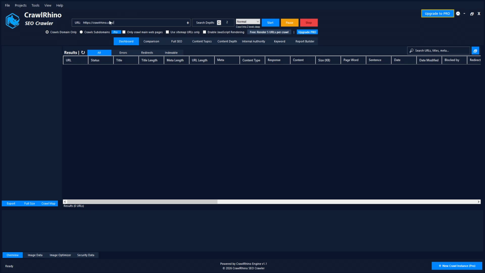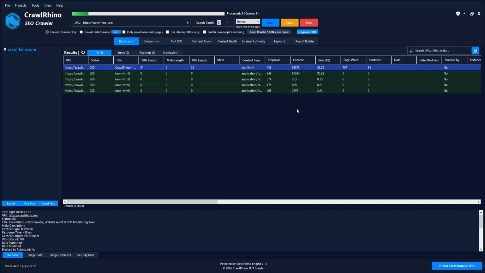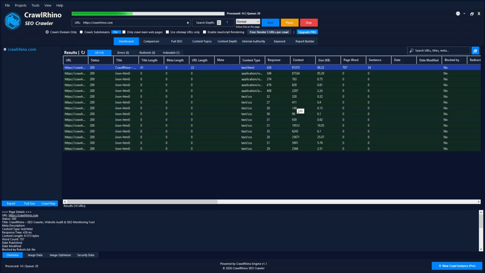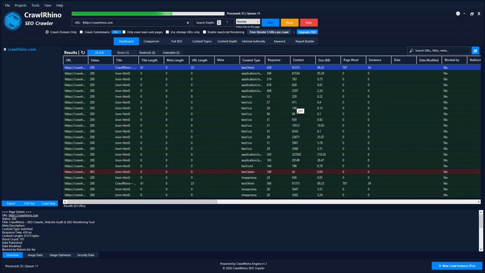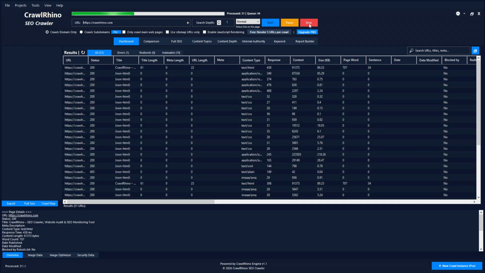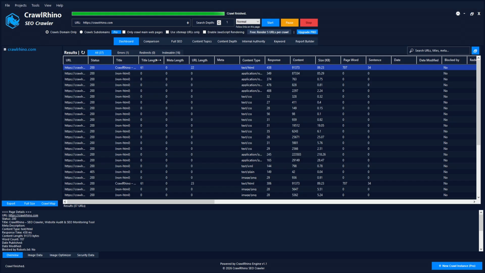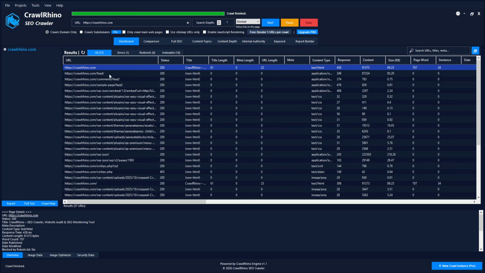I'm now going to just quickly scan crawlrhino.com and let's just do follow links on this page and go start. Once this scan has finished, I'll show you what else has been added. As you can see, it's currently doing the crawl and it's found a few results, which is good. If I now just click on stop and if I just drag the arrow across, you can now go onto